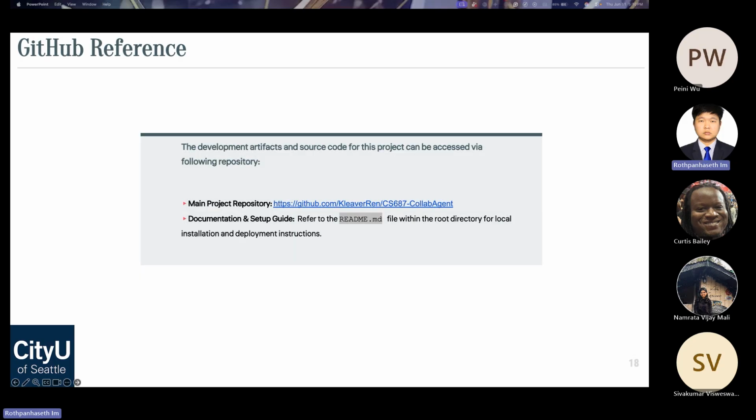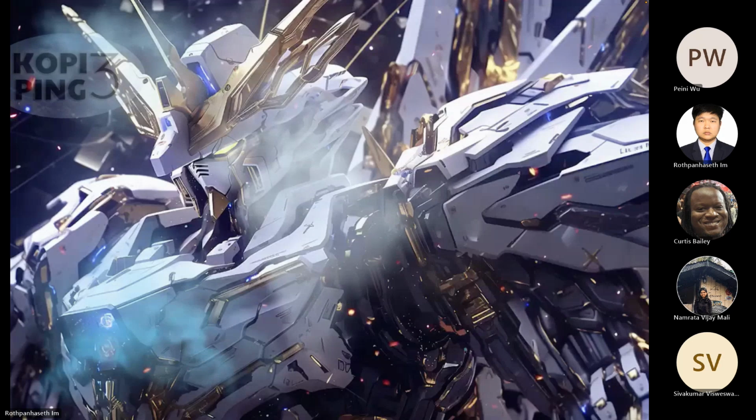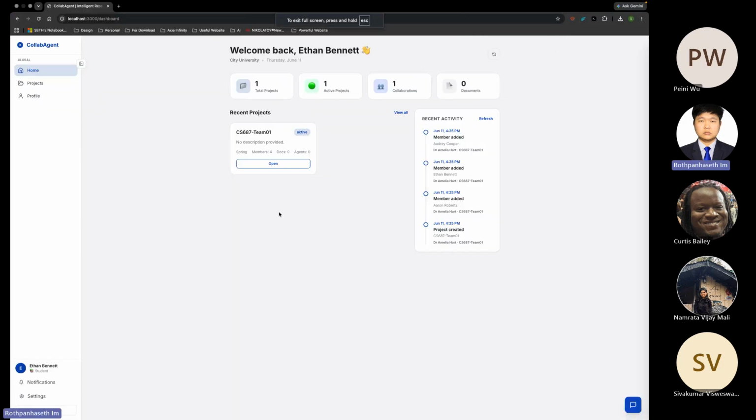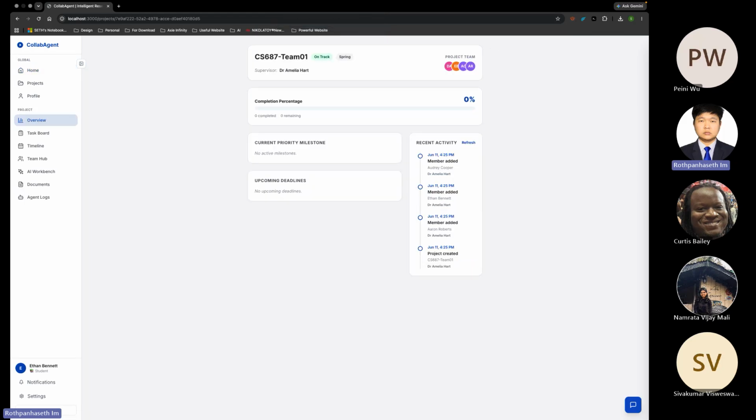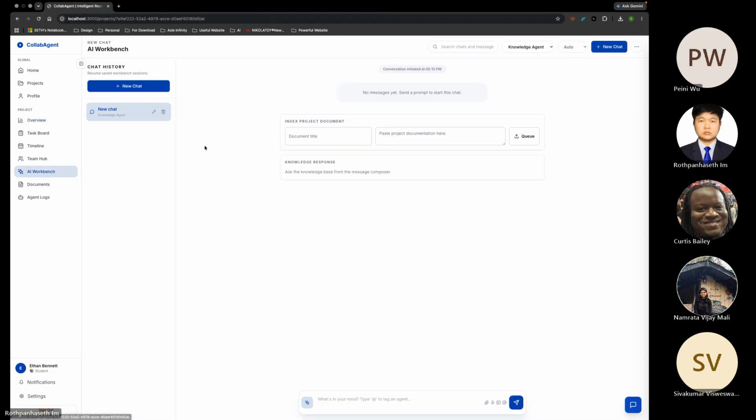Let's move to the demo. Here I already created the theme. First, I need to make the document, registered as phase 1 with the goal of phase 1.